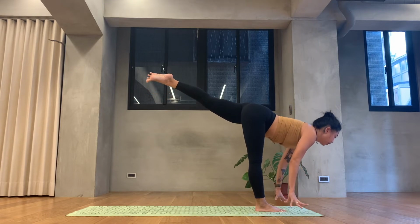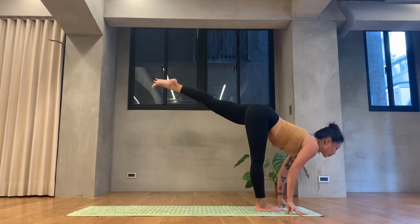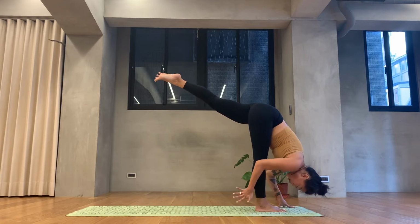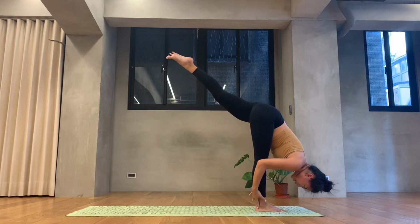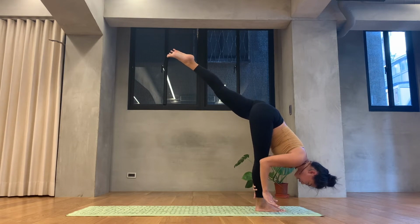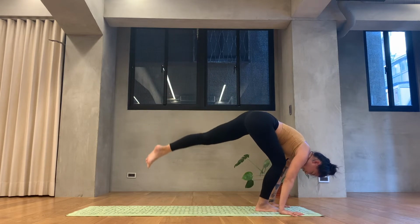Take the fingertips to the ground now and inhale, lift the chest. Now exhale, start to fold the chest in towards the right leg, standing splits. You're welcome to challenge your balance, taking your right hand to your right ankle. Maybe both hands to the right ankle. Keep lifting that left leg to the ceiling. 3, 2, and 1. Bring both your hands to the mat, and then step your left foot to the back